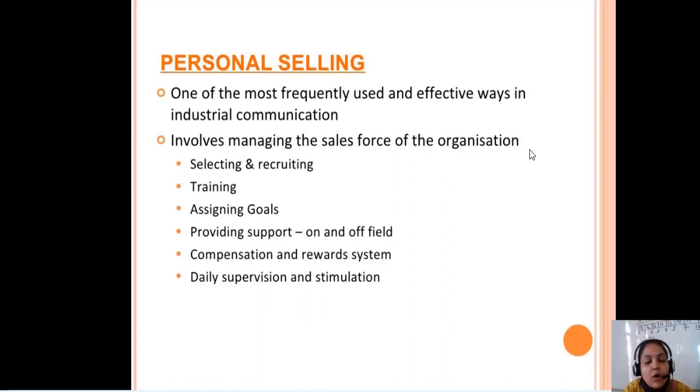On the basis of your work, you will be rewarded. There will be daily supervision, daily checking, and tracking of how much we have done. So basically, industrial marketing communication works on target-based work, where you are generating more information and using this information to become better and better. Okay, next is